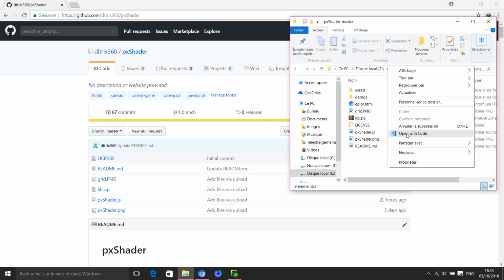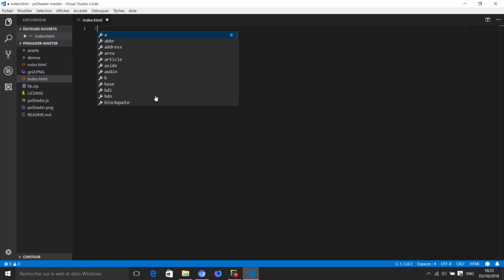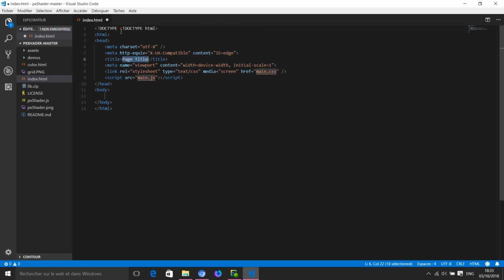So what I'm going to do is open this folder in Visual Studio Code or any web editor that you have, and write a new file called index.html. So I'm just going to specify dot html.